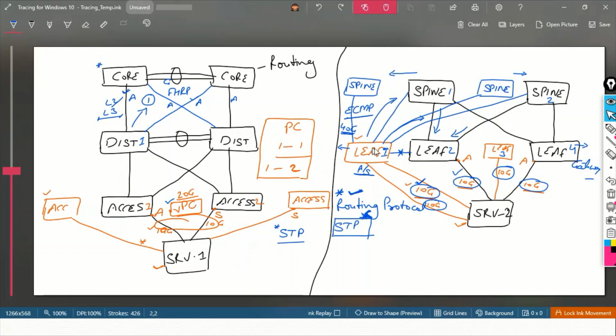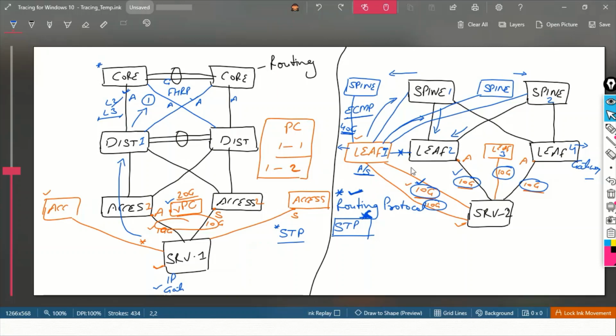And one of the main benefits is that from this server's point of view, this server has one IP and one gateway configured, and whenever this server needs to contact its gateway, it needs to cross one layer and then reach the distribution device where we have the gateway associated.